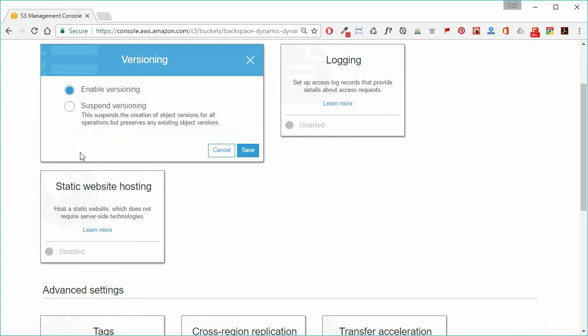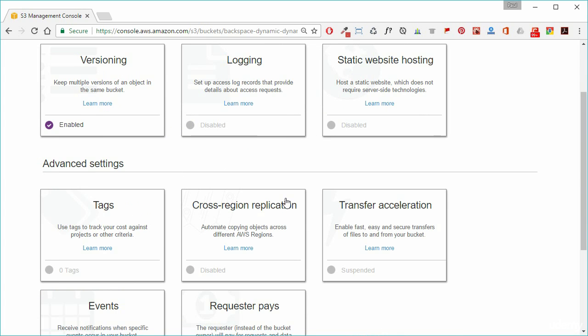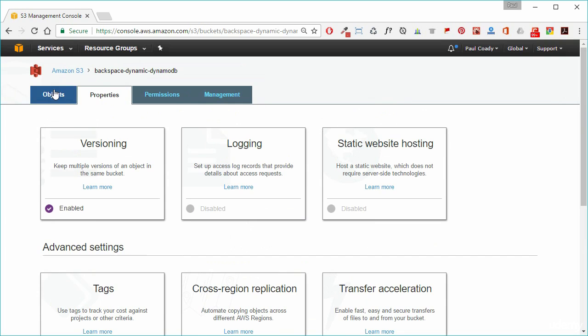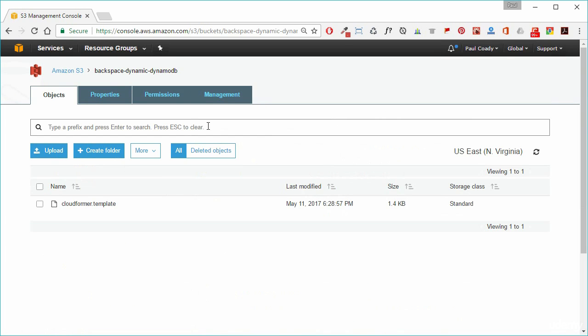So we just click on that, and we can see here we can suspend or enable versioning on this bucket. So that's as simple as that, how we enable versioning. It's not a particularly difficult thing to do. So we just click on save and our versioning is now enabled. So what does that do for us? So what we can do now